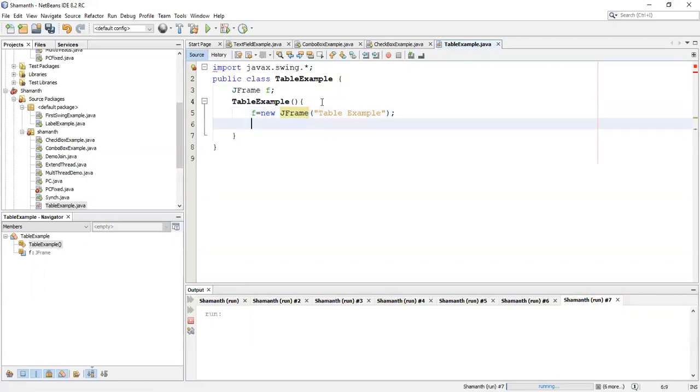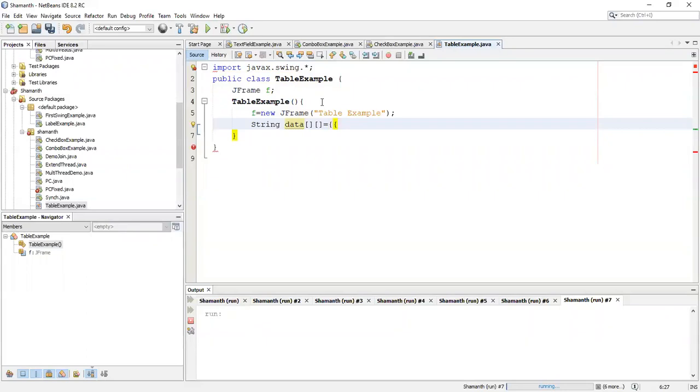Whenever we are creating a table, inside the table there will be two important things: one is columns and the second is rows. So here we have to specify the row values and column values. First, let me specify the row values. Imagine it to be string type data. Let's assign three values: the USN of a student, the name of the student, and the semester of that particular student.